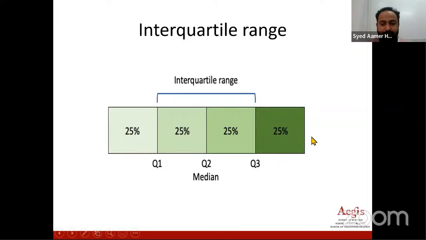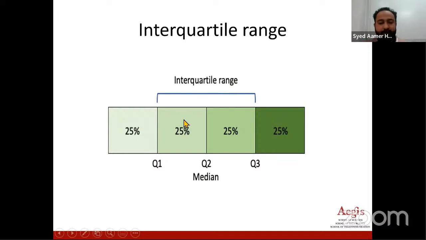You will sort your data, and the point in between will be what? The median, basically, right? So from the median point, 25% on the right hand side, 25% on the left hand side, you have to divide. So this is called Q1 or quartile 1, and this is known as what? Quartile 3, basically. So from the median, 25% on both sides will have these quartiles, and this 50% range, 25% on both sides of the median, is called the interquartile range.